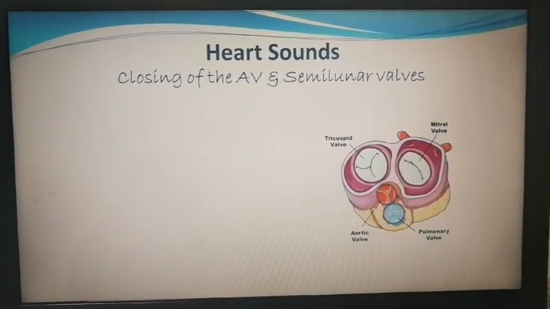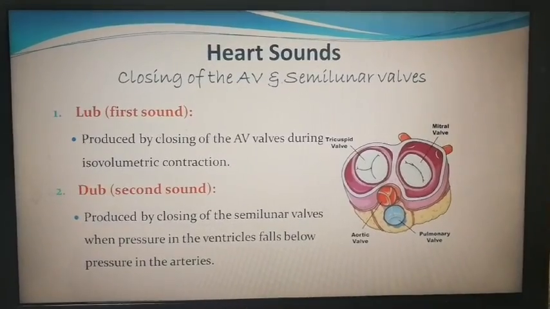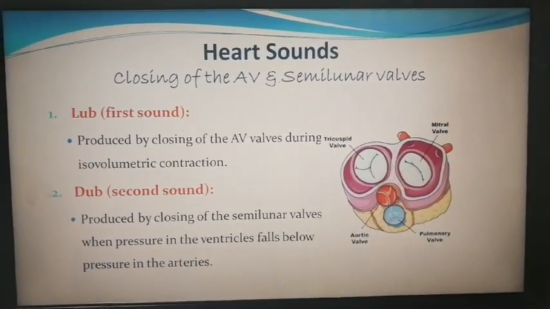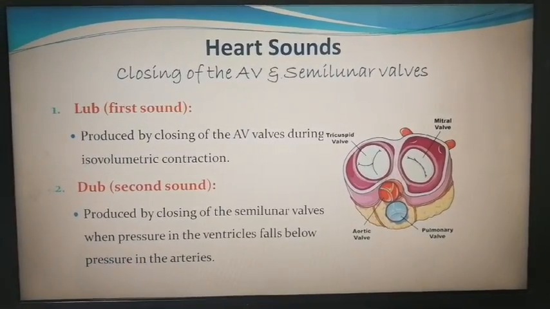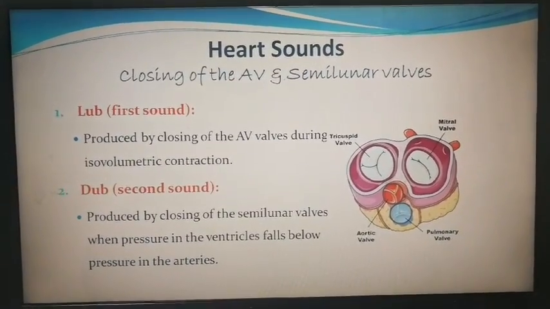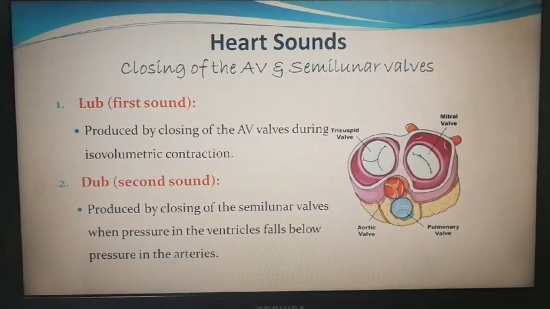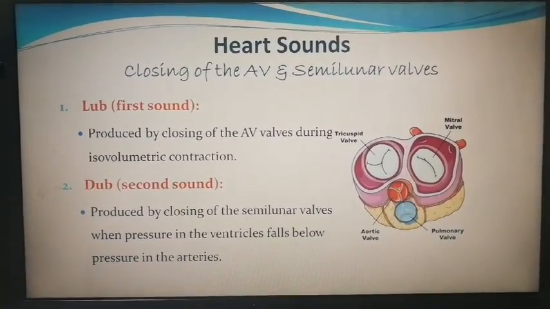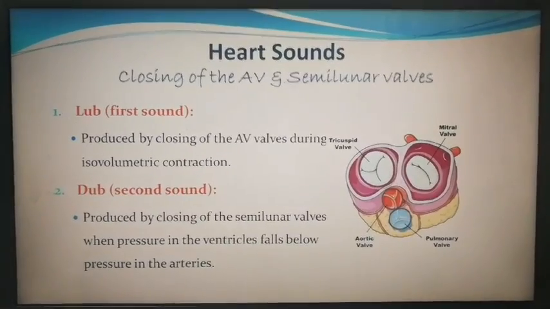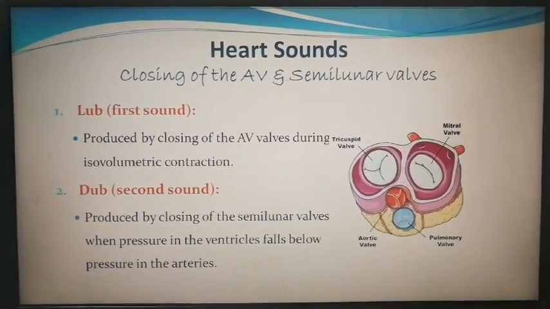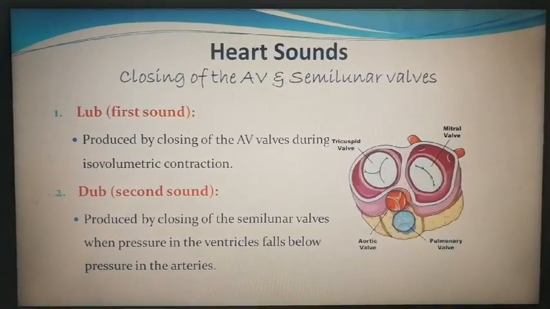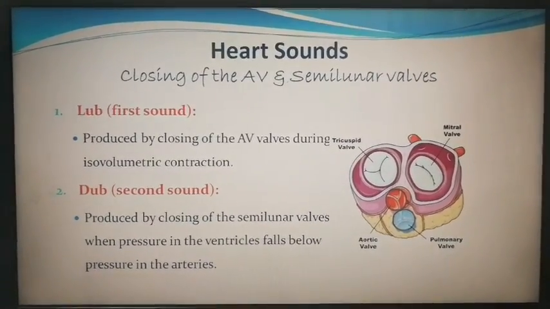Now the heart sounds. The first heart sound is due to the closure of AV valves, and the second heart sound is due to the closure of semilunar valves. The first sound is S1 and the second is called the S2 heart sound. There are totally 4 heart sounds. S1 is due to the closure of AV valves, S2 is due to the closure of semilunar valves, and S3 is due to